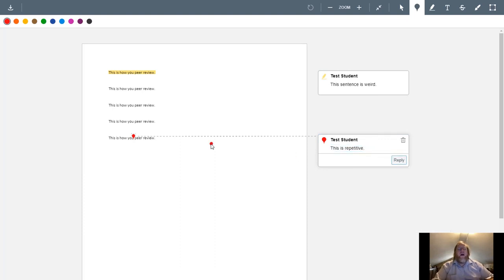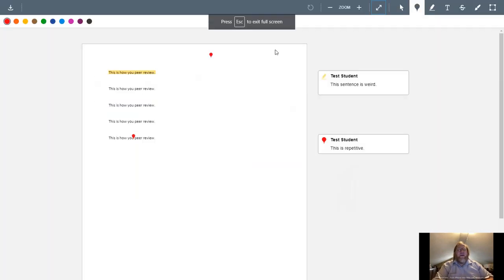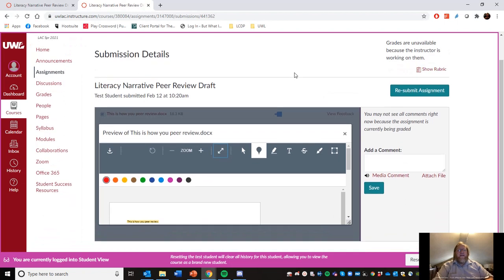So this is the exact same process that you will use when you look at other people's comments of yours. You're going to go to the grade, you're going to go to the assignment, you're going to click on it, you're going to click that little view feedback. You're going to see other people's comments. That's also how you're going to see my comments. So after I have torn the paper apart, I hit escape to exit full screen. It goes back to that little thing.